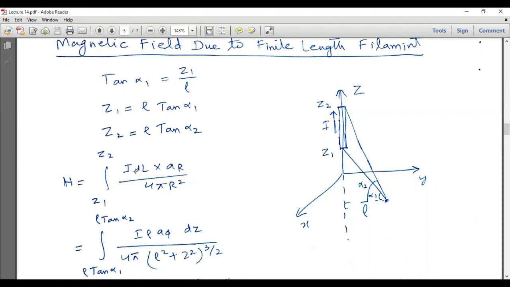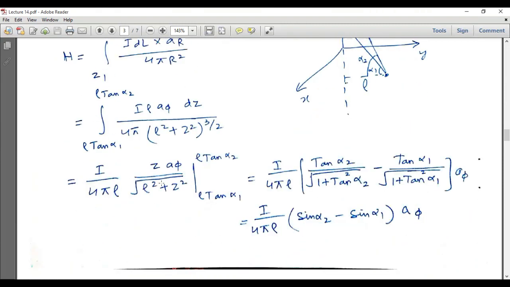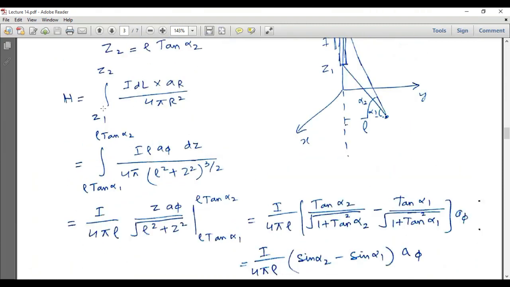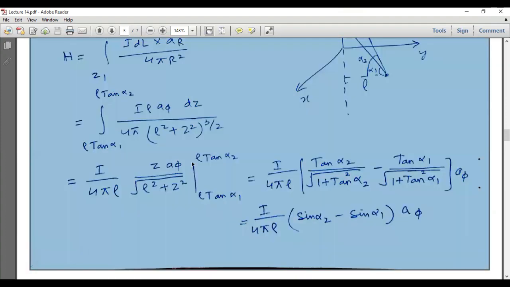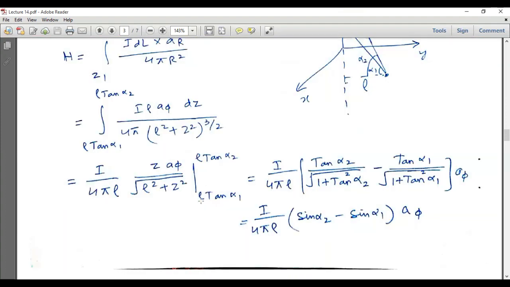So H will be equal to the integral of I dl cross a_R divided by 4 pi R square from z1 to z2. Let's put the value of z1 and z2 in this expression, and here we will have the same expression, and this integration will be evaluated, and it will be equal to I over 4 pi rho, z a phi divided by the square root of rho square plus z square, and we will put the limits from rho tangent alpha 1 up to rho tangent alpha 2. So while